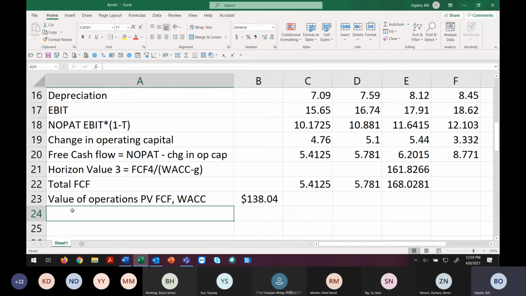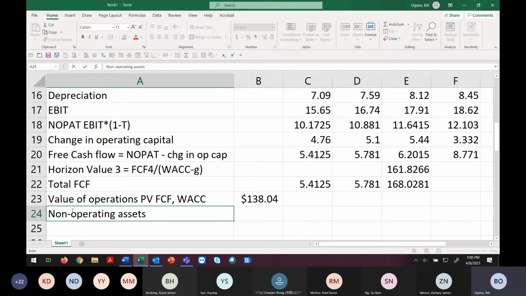So we technically have to add back non-operating assets. All right, so we have some companies that are cash hoarders. Do you think all the cash that Apple is holding is all operating cash? Do they need that amount of cash to meet their transaction requirements? Not even a little. Okay, so what you would do if you were valuing Apple is that you'd go back